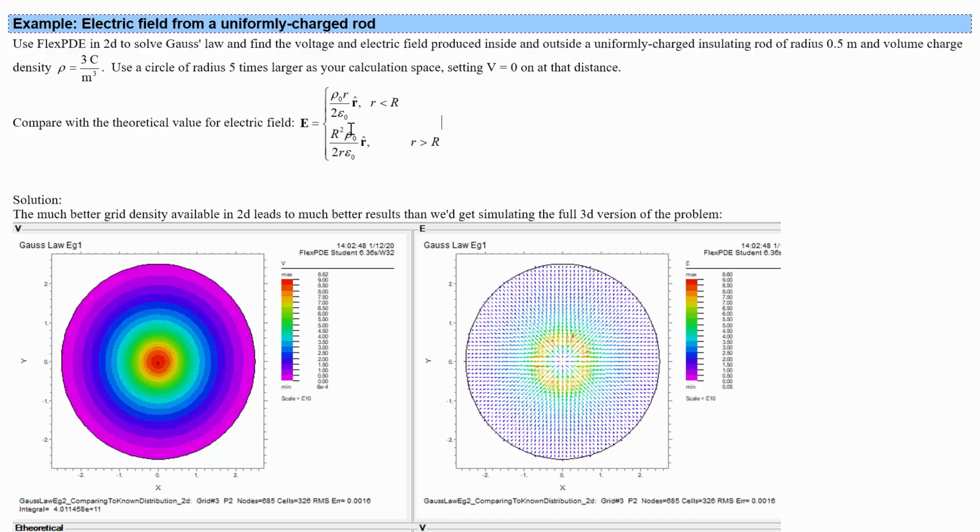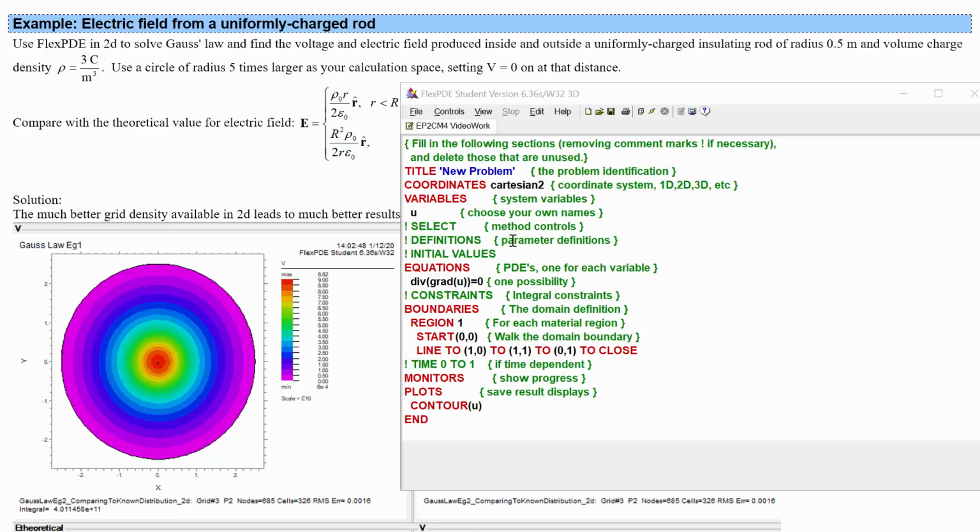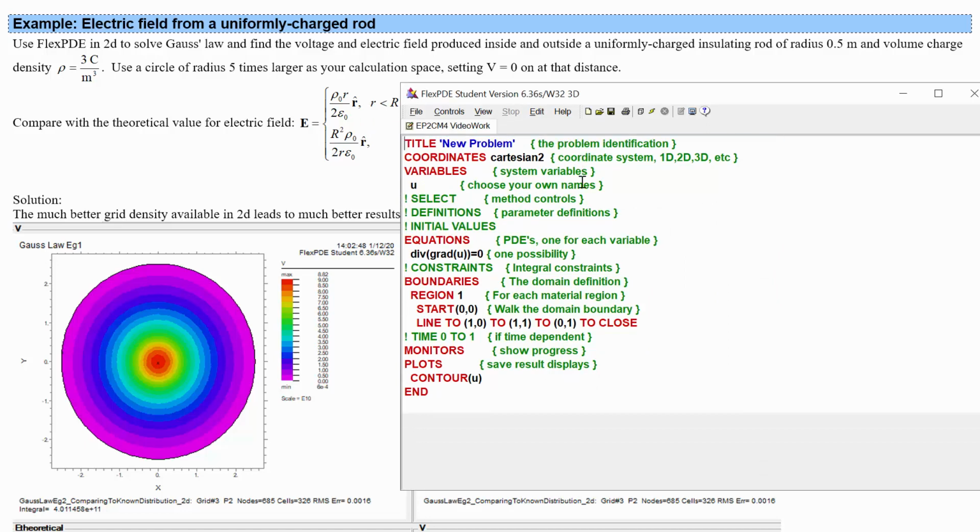Anyway, we're not going to analytically derive it. Rather, what we're going to do is use our simulation software and see if we can check whether this result actually holds. So we've loaded up FlexPDE here, and we've got a new file, and we can set it up to work with this. We can make some title for this thing. Let's call it